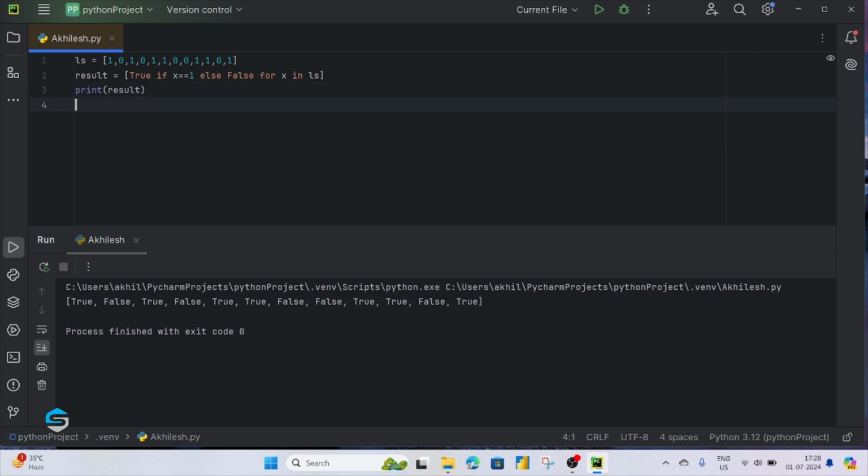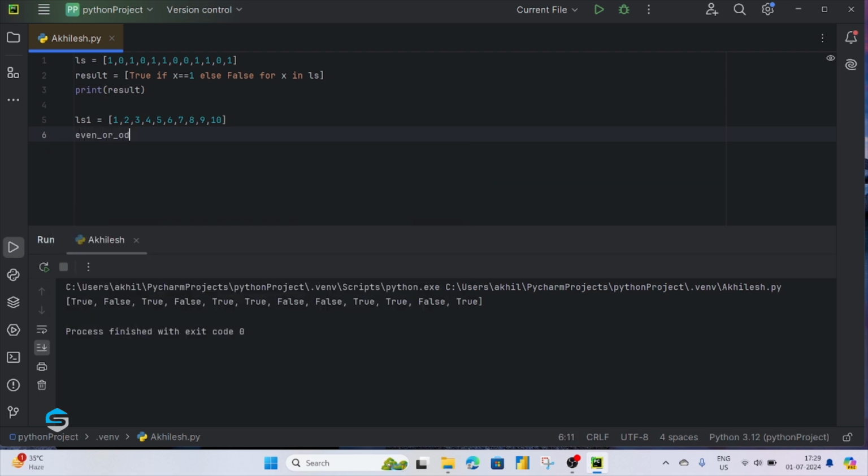Now, I'm gonna show you a next example. We have LS1 and we have 1, 2, 3, 4, 5, 6, 7, 8, 9, 10 like this. And I'm going to have a result as wherever we have even value, then write even. Whenever we have odd value, gonna write odd. So even and odd, I'm gonna change with all these items we have in collection ls1. So just I'm going to write here even